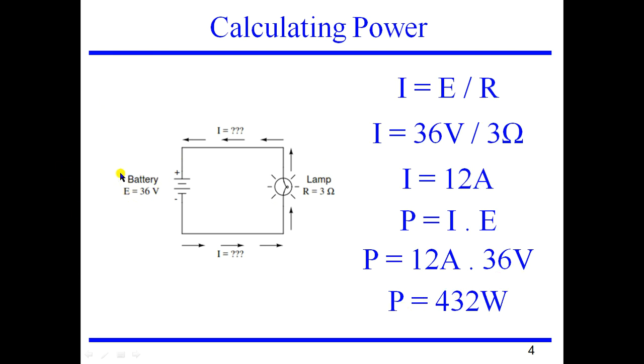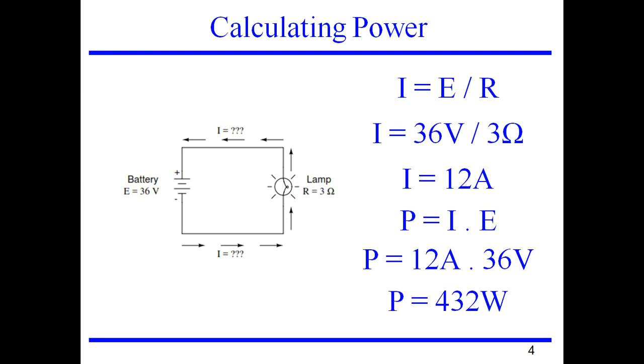Please remember that when I double the voltage over here, my resistance was kept constant. What is going to happen according to Ohm's law? My current is also going to be doubled. So according to Ohm's law, when I increase my voltage and keep my R constant, the current is also going to be increased. So an increase over here is an increase over here with my resistance constant. And that is what you understood over here. So when my voltage increased, my current also increased from 6 amps to 12 amps. So this is what you see over here.